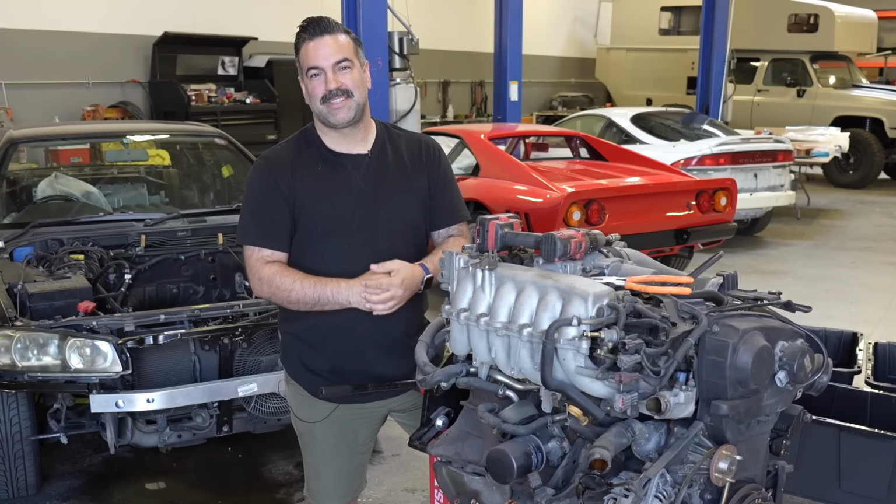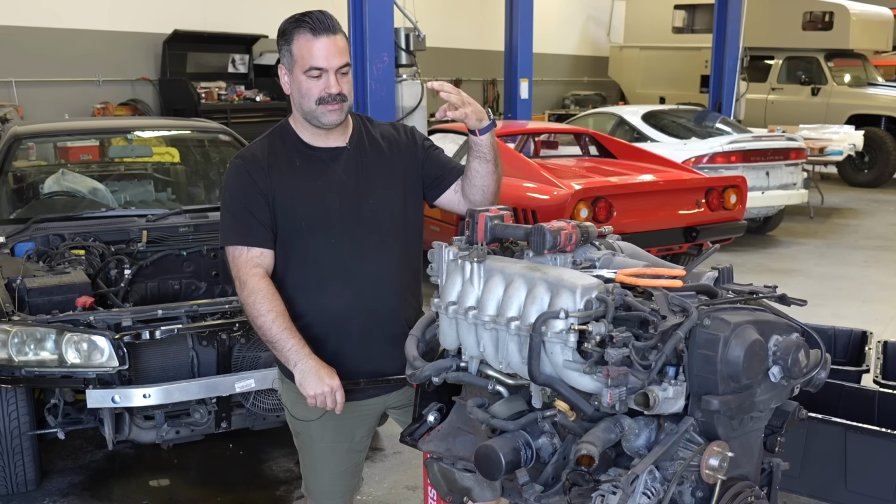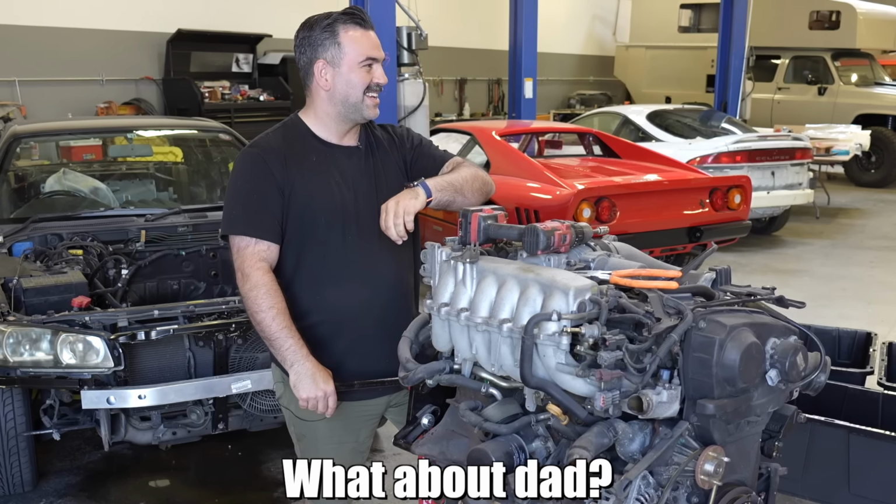All right, so we're back with the GTT. Adrian got the motor out already. I am going to ask him to go ahead and remove